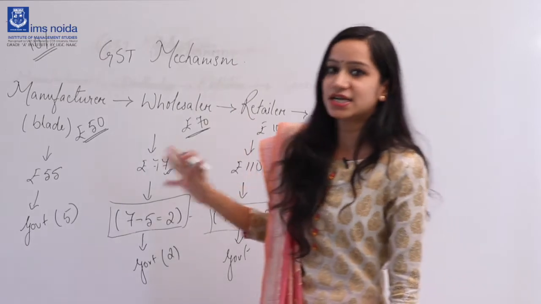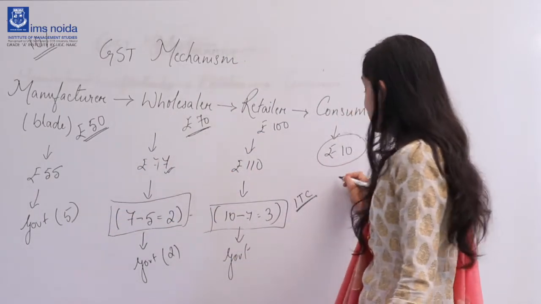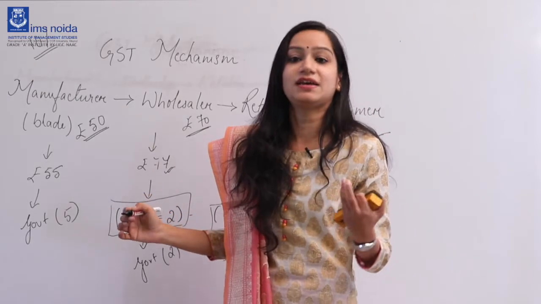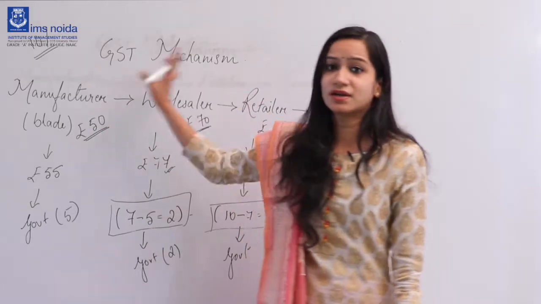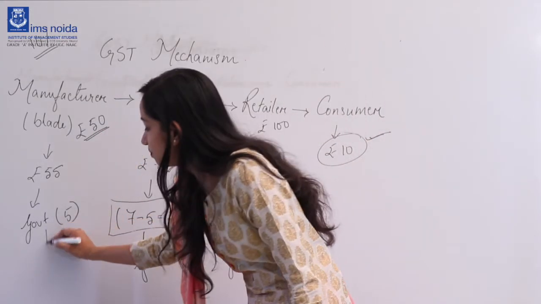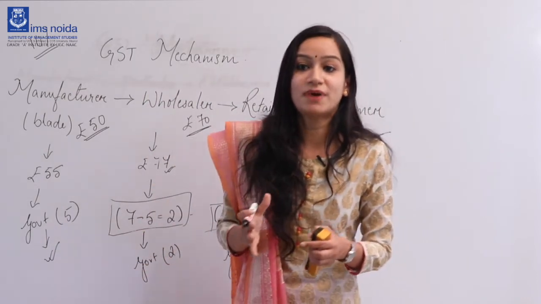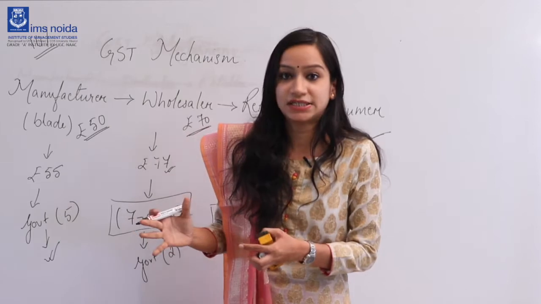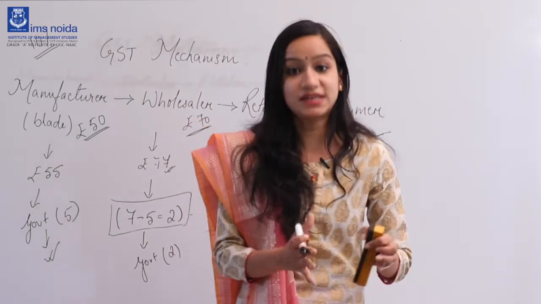Now there are certain concepts which I need to explain. We will come to know about CGST, SGST, IGST and UGST. This is just a mere calculation which I have shown of how GST is done. This rupees 5 which we are saying is again divided into two parts, central and state. The tax which the central government will get is known as CGST.